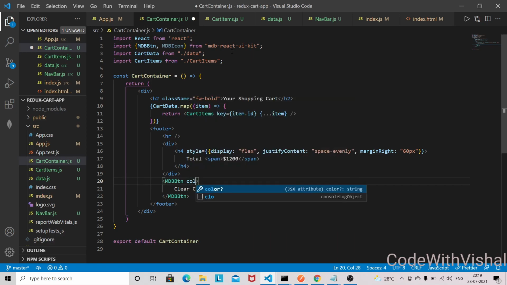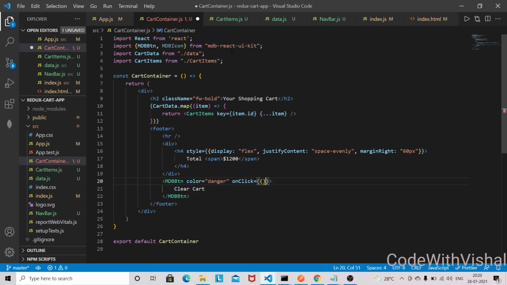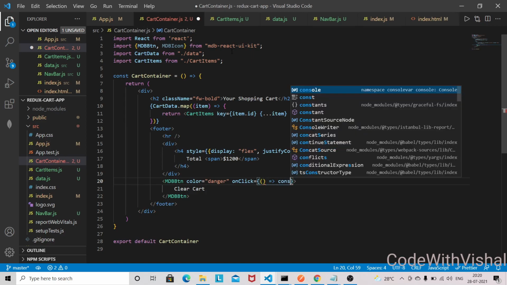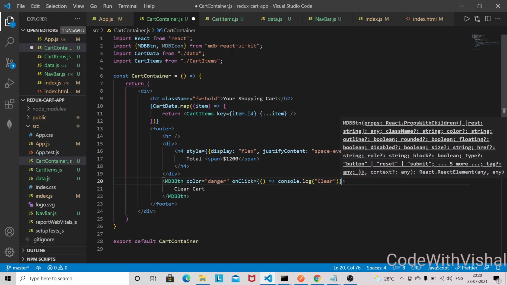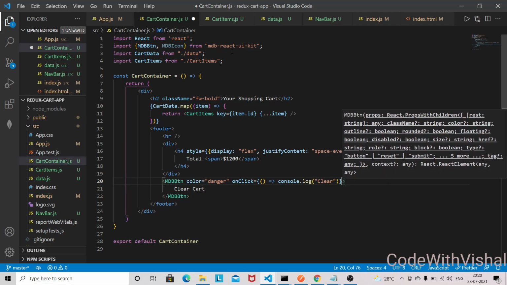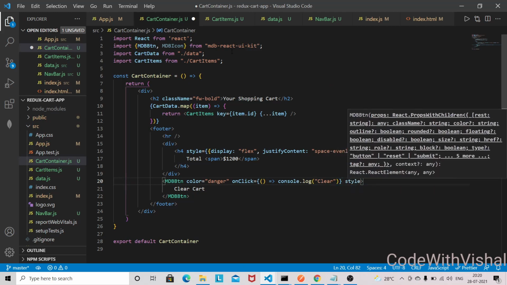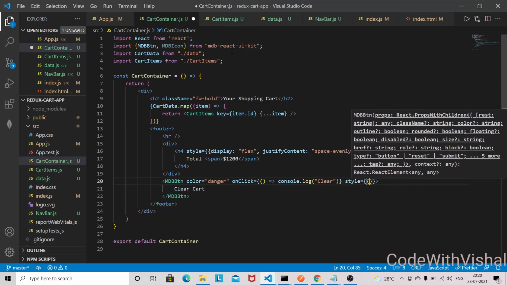And here the color I can give danger. On click, we'll have the onClick. As of now, just give a console log. That's it. We'll implement this functionality later, and I'm going to also provide some inline styling as well.